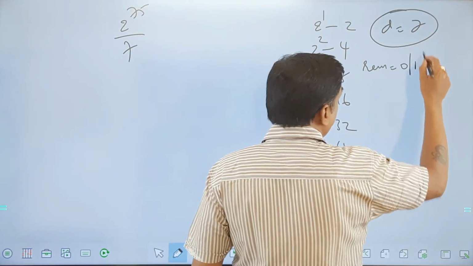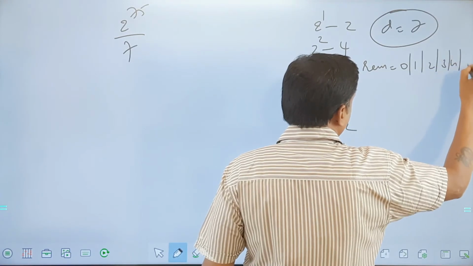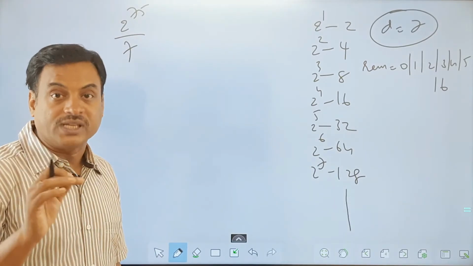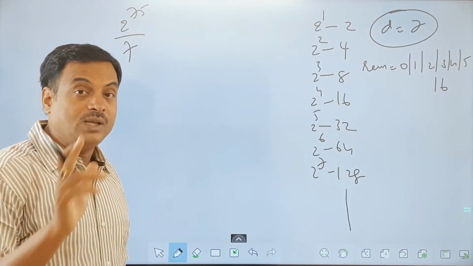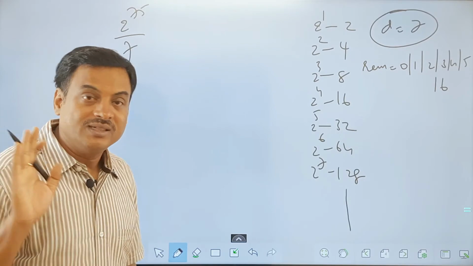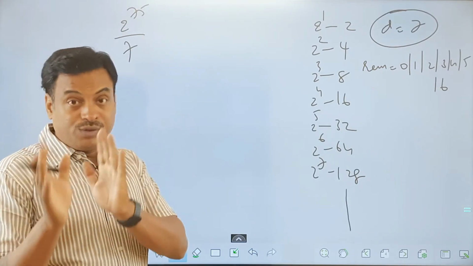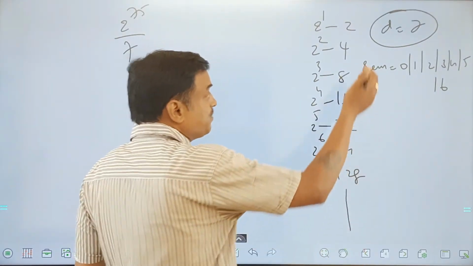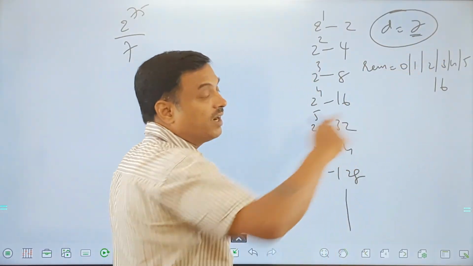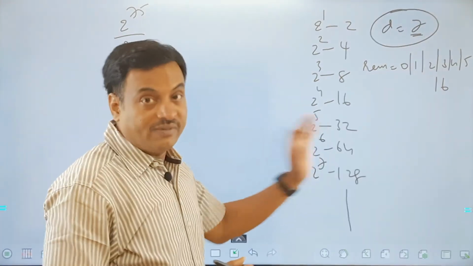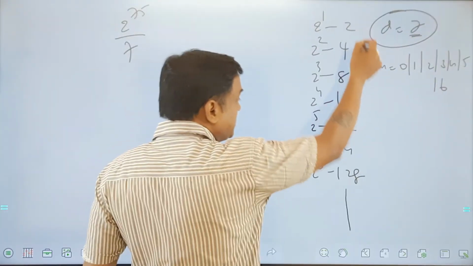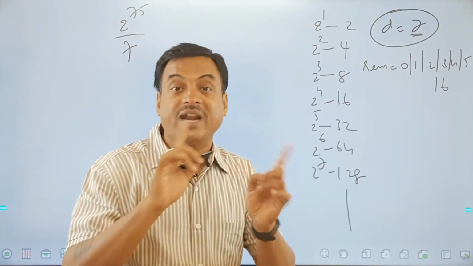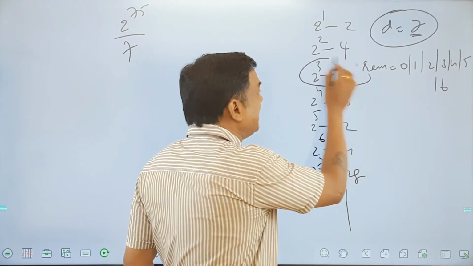My answer has to be 0, 1, 2, 3, 4, 5 or 6. Correct? Possible remainders from 0 to 6. I cannot have more than 6 here. 0 to 6 is only the possible remainders. So I know my answer very well. It is from 0 to 6. But what exactly is the answer? Let us go by this method. Okay, all of you. So since my divisor is important to know what remainder has to come, divisor is 7. Now tell me which of these numbers is very close to 7. Close to 7 means with a difference of 1 I should take. Like here, I'll select 8.